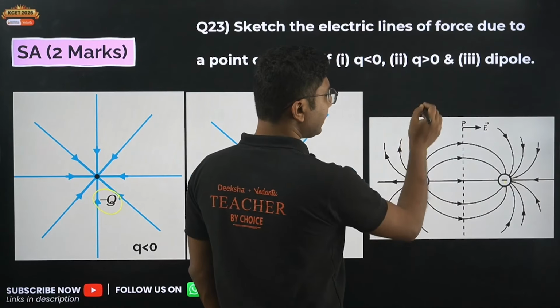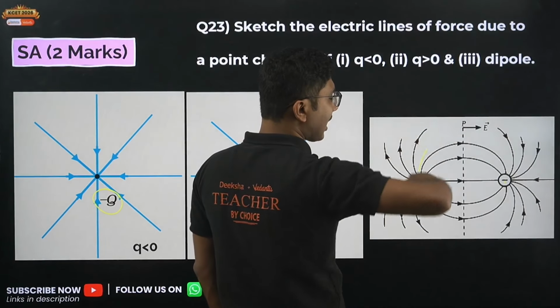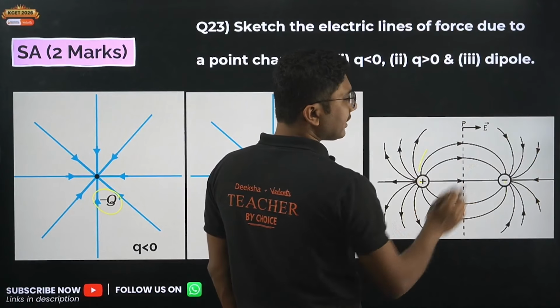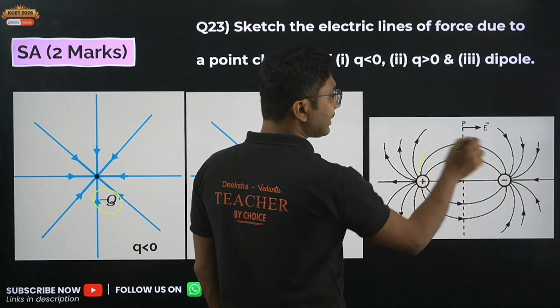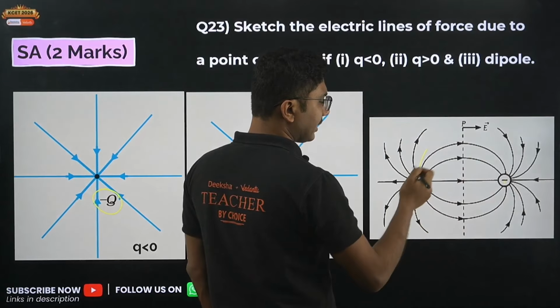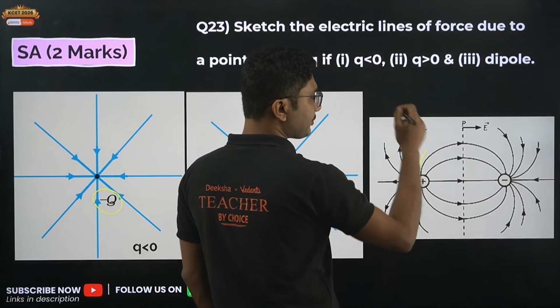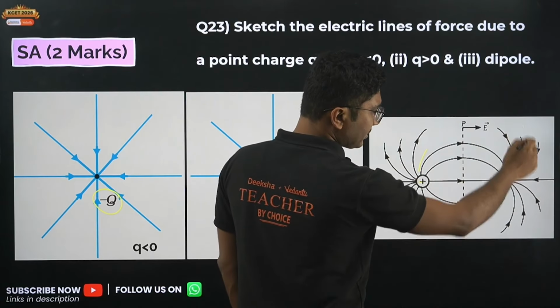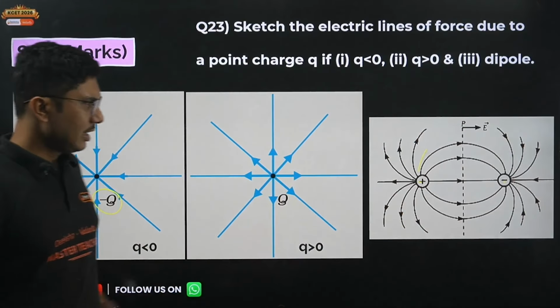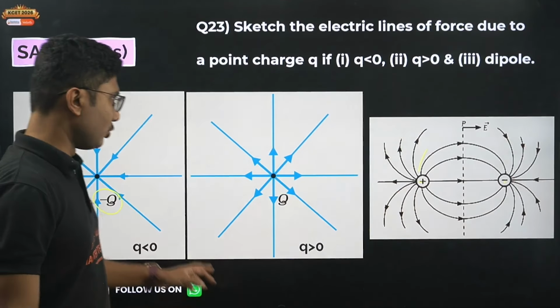Some field lines will go far away and again come back to negative, but that connection you need not show. So 2 lines you show going up, 2 lines going down, and 2 lines going in this side, 2 lines going upside. Similarly, 2 lines coming from this side, 2 lines coming from this side. That's it. Okay, this is the electric field due to a dipole. Now next,